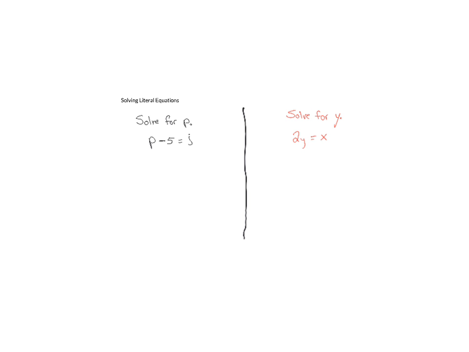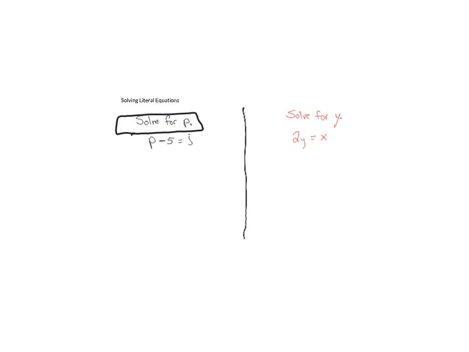Hey, what's up, everybody? Today we're going to be looking at solving literal equations. Another way of saying this is we're going to be solving equations for a specific variable. In the directions, we'll get this direction, solve for p, which means if you look at the equation, you'll have a p and a j. It means the letter that we want to get by itself, the variable we want to isolate, get alone, is